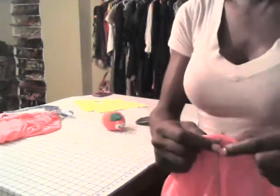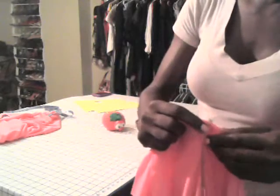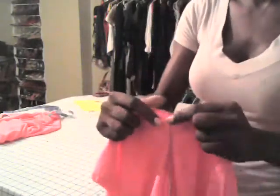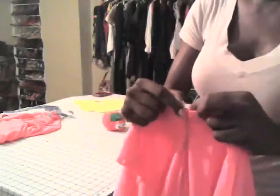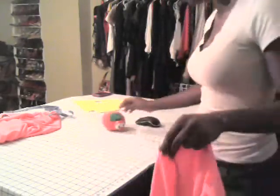And you want to lay your seams down on the inside, one that way, one the other way, so it'll be a nice and smooth transition. But again, you want to make sure that you match them up really well. See that? You have the front, and you have the back, and they're matched. You want to take your pin, and we're going to pin it. Take your pin, like this, and we're going to pin it down